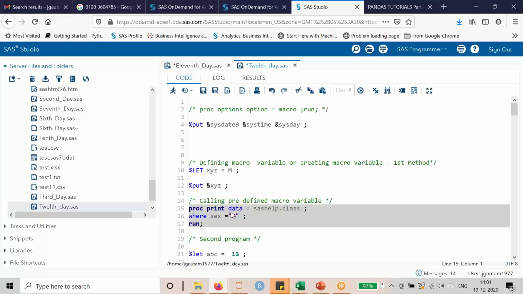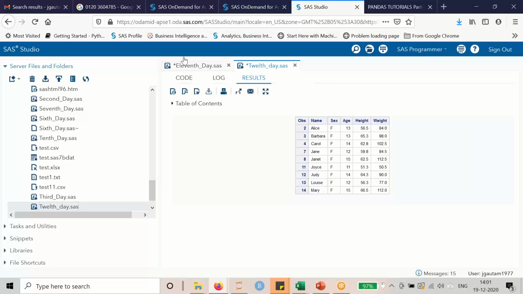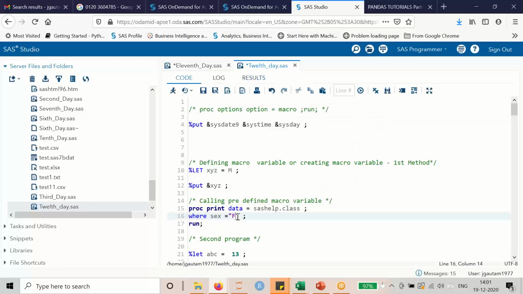फिर थोड़ी देर बाद, नहीं यार एक काम कर, मेरे को मेल का नहीं फीमेल का डेटा चाहिए था. अच्छा जी, मैंने प्रोग्राम में चेंज किया and I can give him output. फिर ऐसा मेल नहीं, मेल चाहिए. So बार बार अपने जो developed प्रोग्राम है उसके अंदर चेंजेस ना करने पड़े, right, we create macro variables. अभी तो छोटा सा प्रोग्राम है, एक जगह चेंजेस कर रहे हैं, but what if we have a 10 page code and there at least 6 times you have used it, then it's a tedious task and it is prone to error,